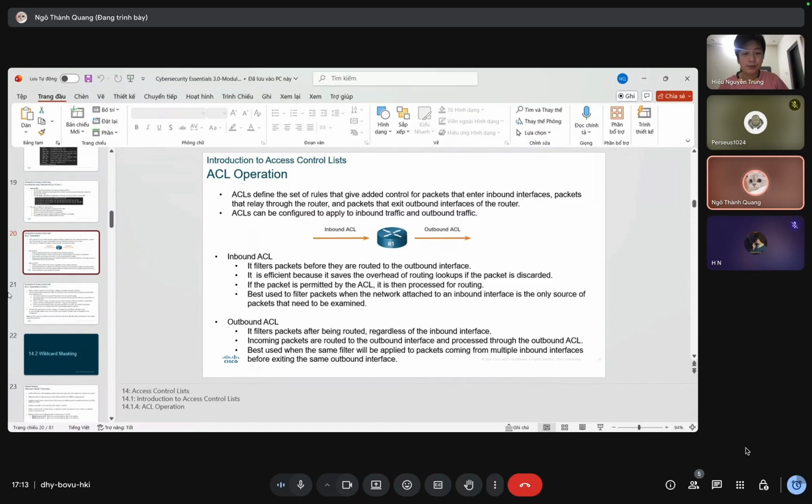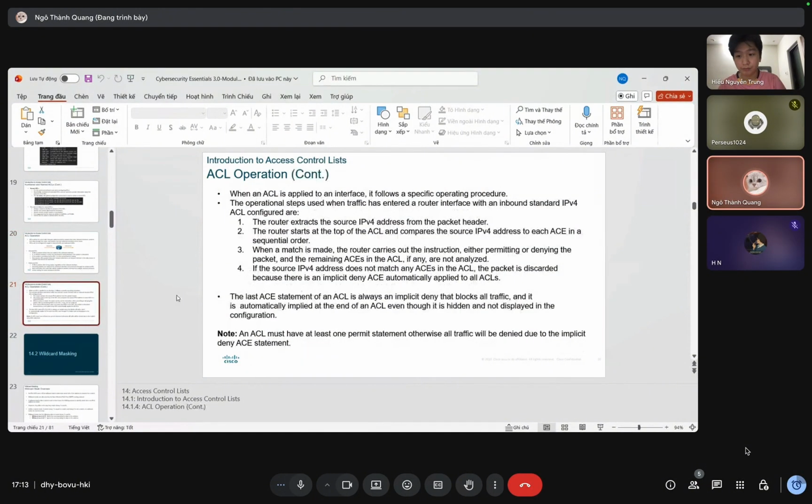The next one is ACL operation. ACLs define the set of rules that give added control for packets that enter inbound interfaces, packets that relay through the router, and packets that access outbound interfaces of the router. The ACLs can be configured to apply to inbound traffic and outbound traffic. Inbound ACL: